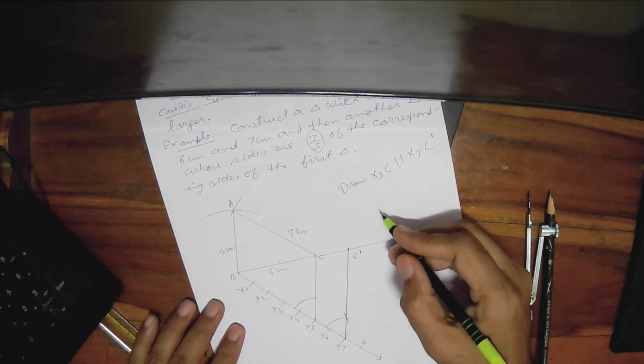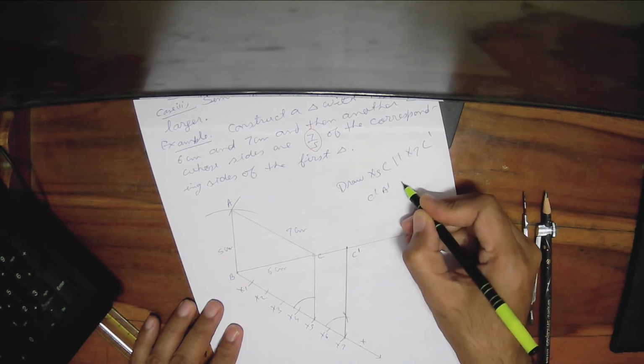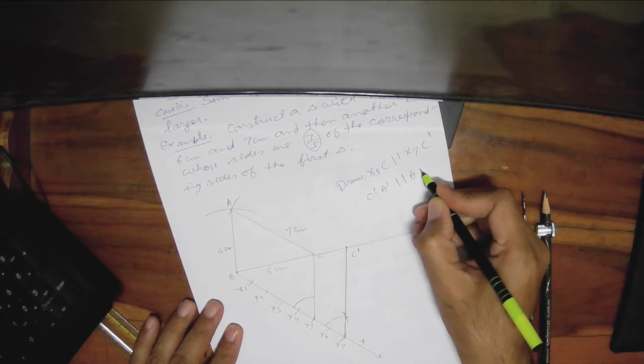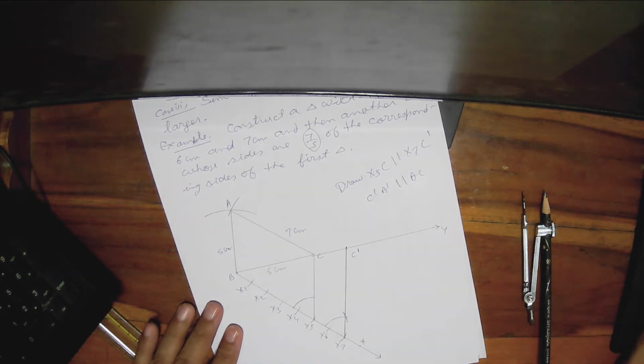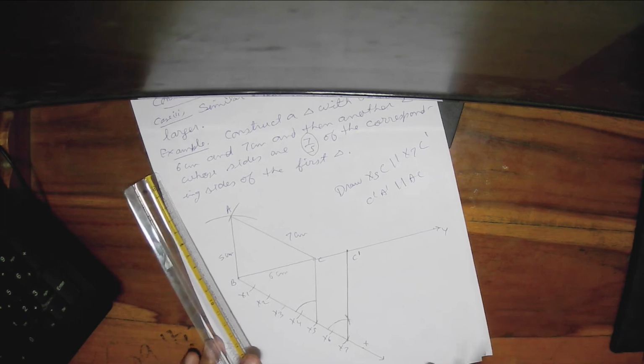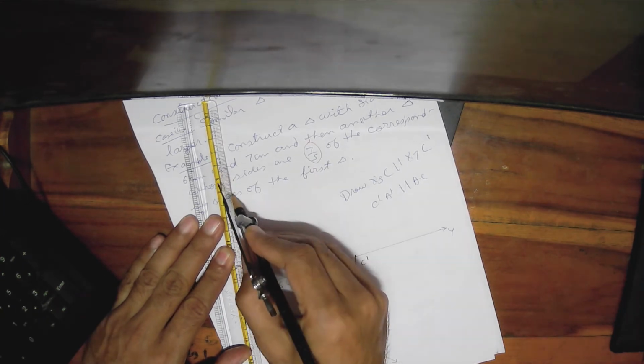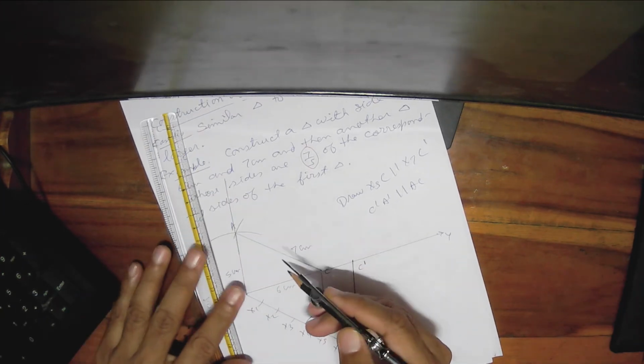Now next thing what we'll do is next construction that we'll draw is C dash A dash parallel to AC, and for that what you have to do is just extend BA. So these are extend this BA is there, just extend it. So here we have extended BA here.